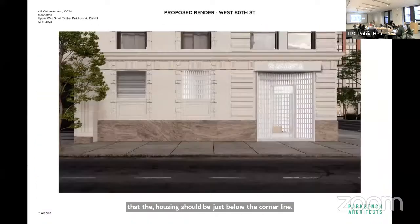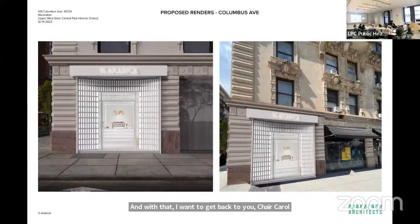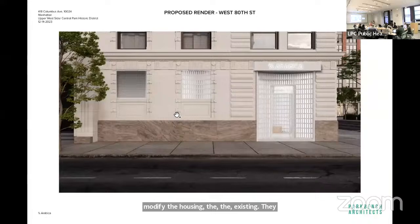Okay, and I'm going to turn back to you, but before I do, I just want to clarify that the proposal before us is to modify the housing, the gates. The gates are existing. They were installed prior to designation, so they are in essence vested, unless the applicant is proposing to remove them, which they're not. They're just modifying the housing. So the proposal we're looking at is to paint them and to put signage on the housing. So there are some limitations in our review of that,